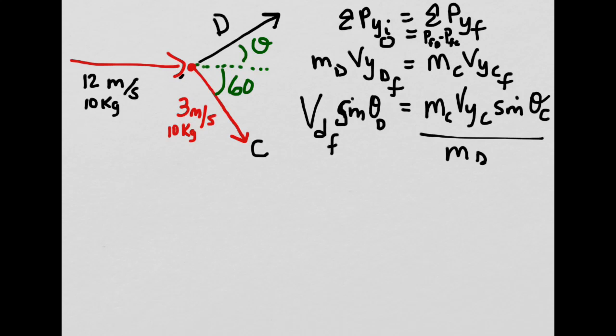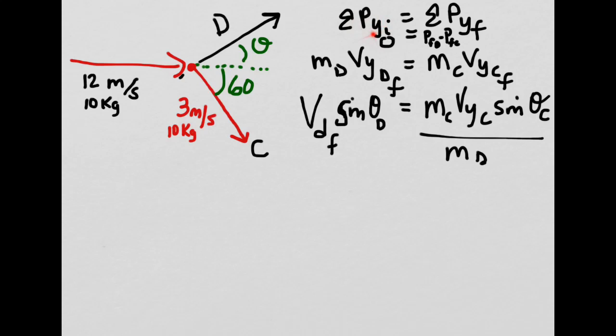Alright, so this is the curling problem. You have object C hitting into object D. Object D goes up, object C comes down. We know that there is a sum of the momentum in the y direction, the sum of the momentum initial and